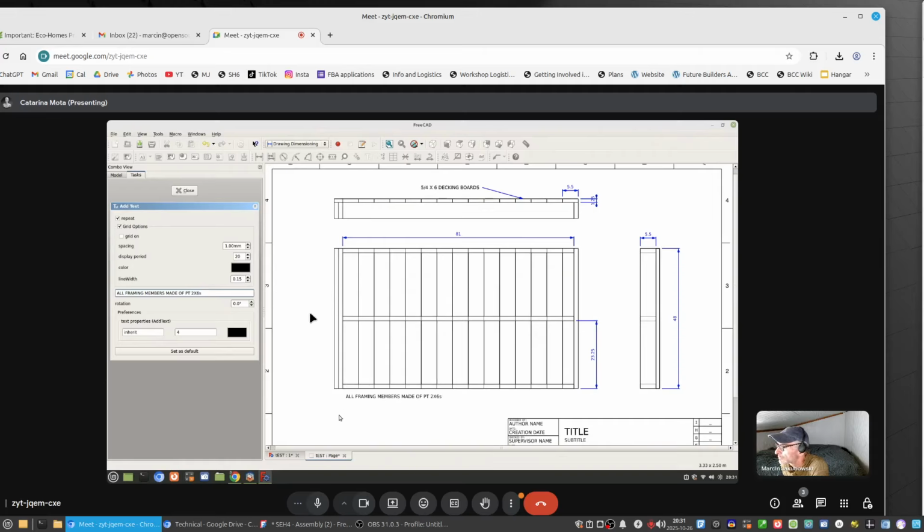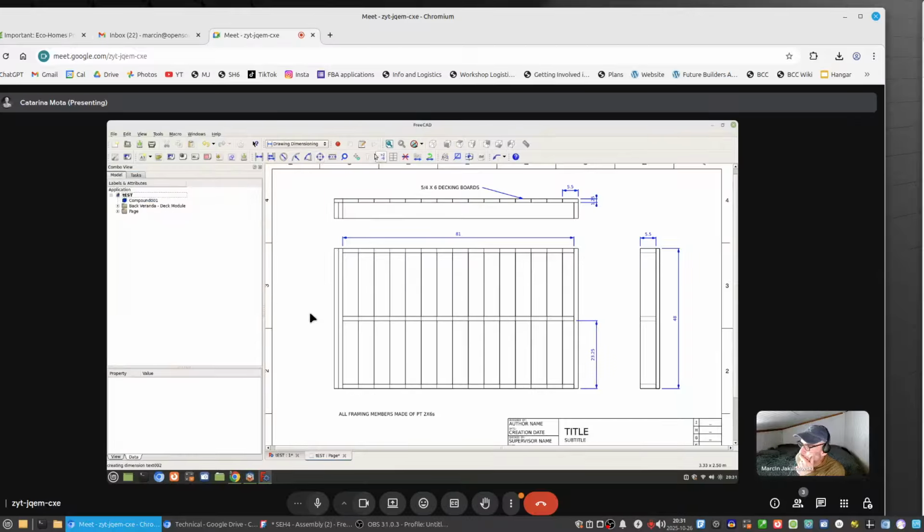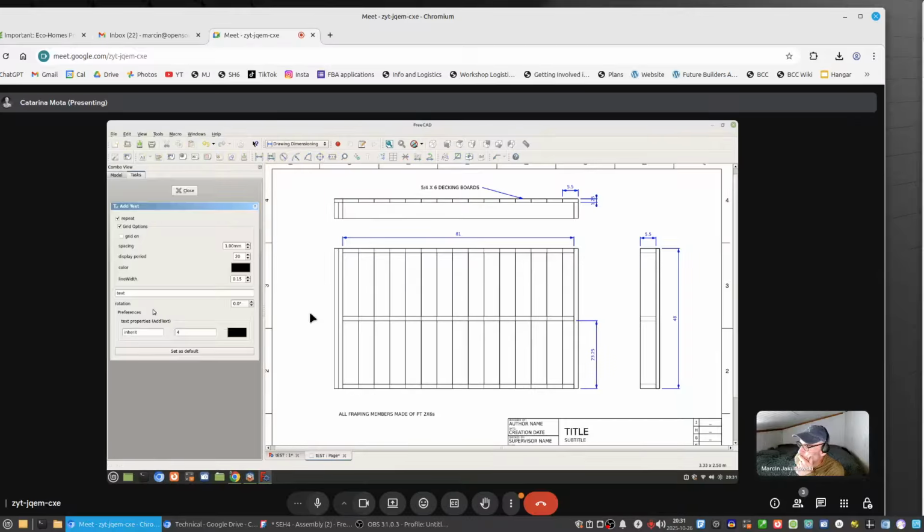And I guess I could put it here. Now, I probably also want to label this because once we print it, we might not remember what this is anymore. So I'm just going to do,